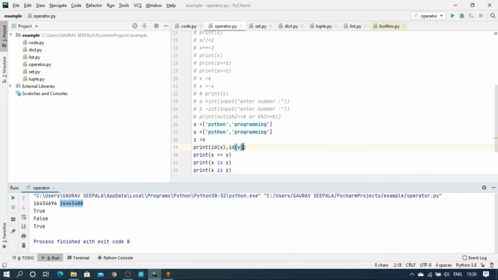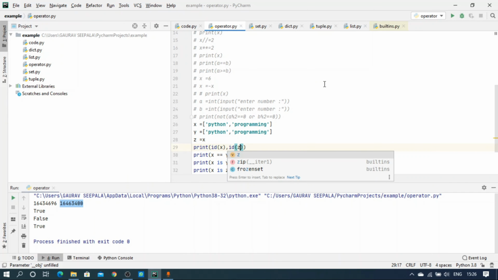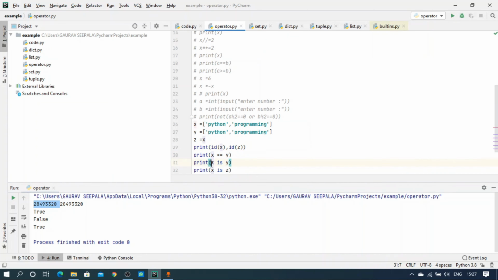Now let's check for X and Z. So let's run this. Here we can see we got the same IDs, so these two are the same objects, that is, both X and Z represent the same object, whereas X and Y represent different objects. So this is the reason why we got false for this one and true for the other one.